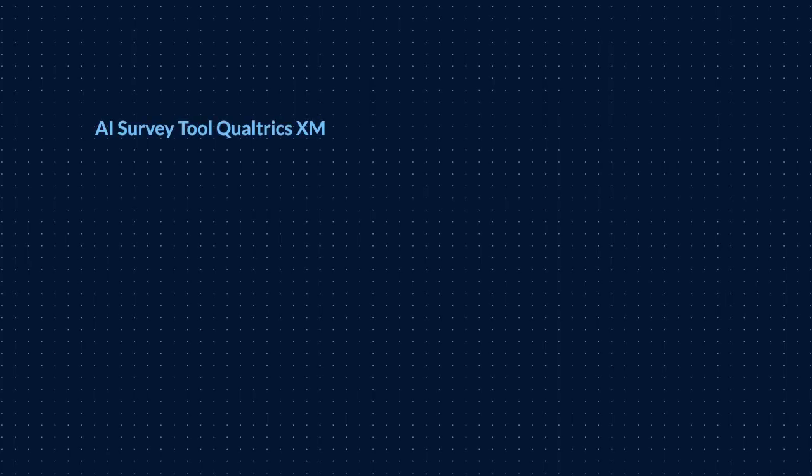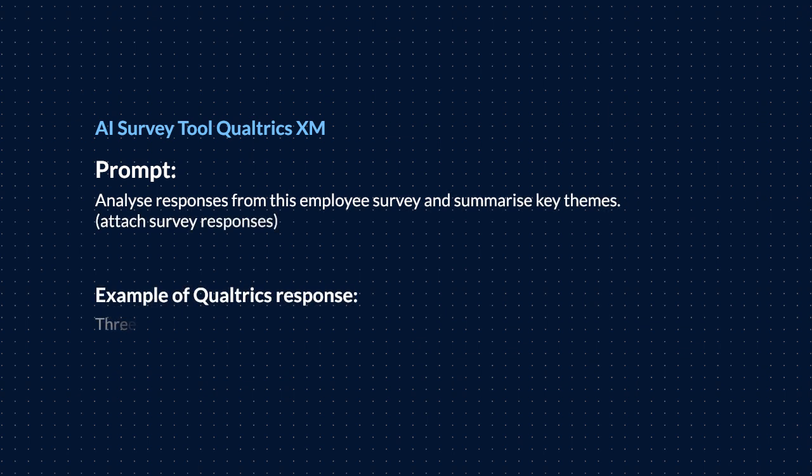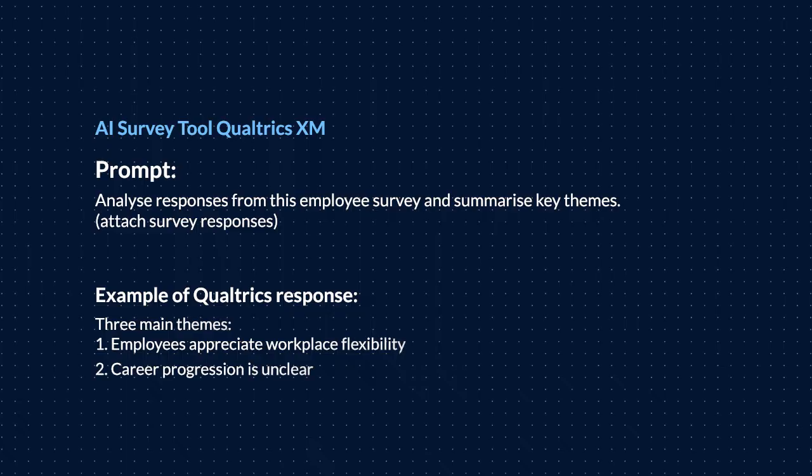First, AI survey tools like Qualtrics XM can analyse employee survey responses and extract key themes. For example, with a simple prompt asking, analyse responses from this employee survey and summarise key themes, an AI might identify that 1, employees appreciate workplace flexibility, 2, they find career progression unclear, and 3, they see a need for